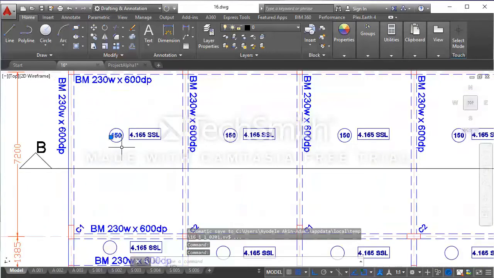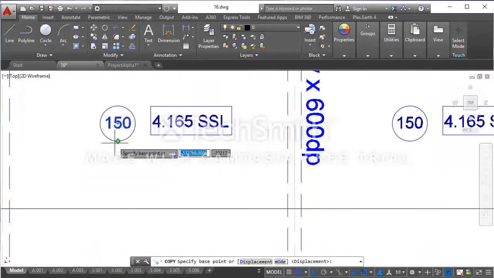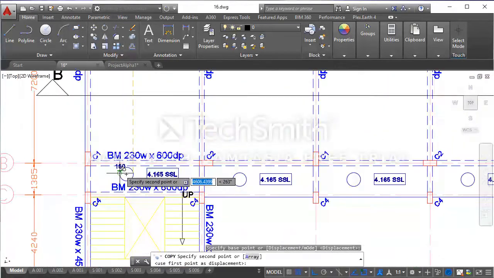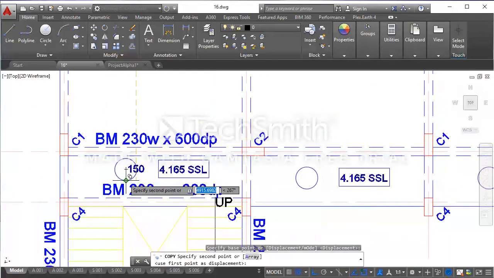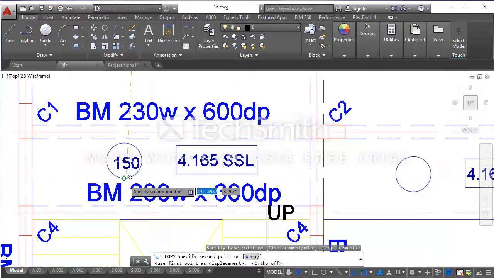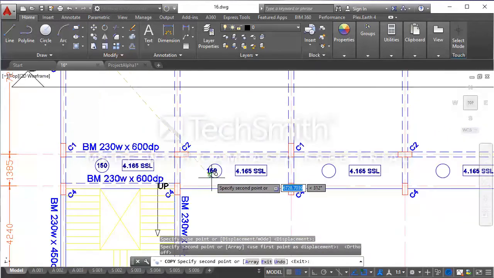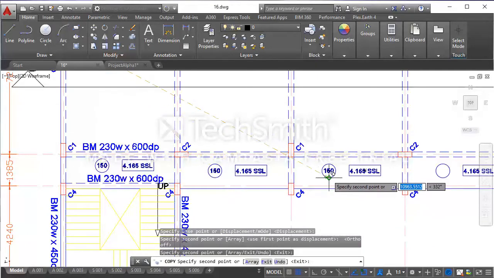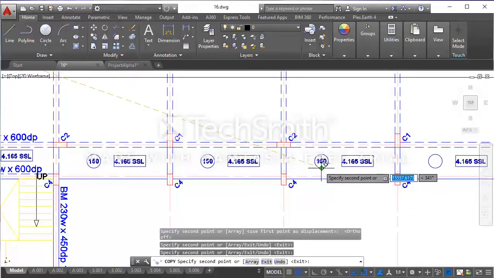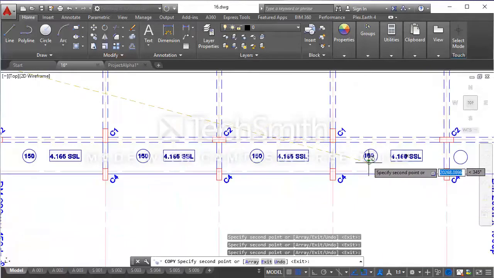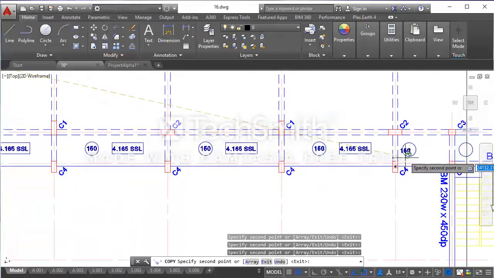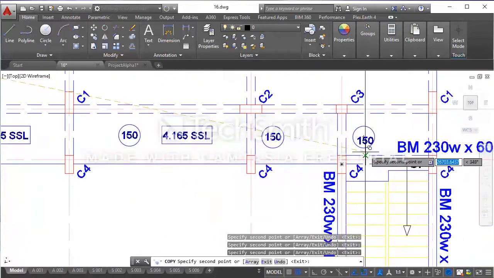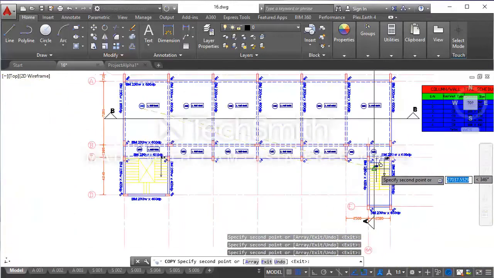I will select this text again, and I also duplicate it using this base point for this slab region here. Let me deactivate my auto command on my status bar. So I'll duplicate it here, here, here, here, here, and finally here.